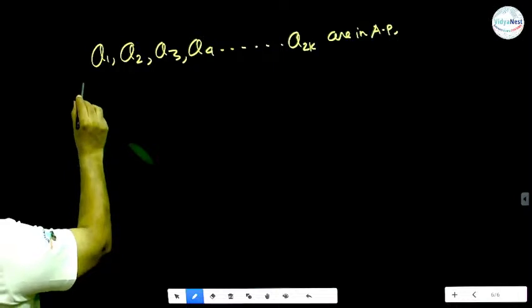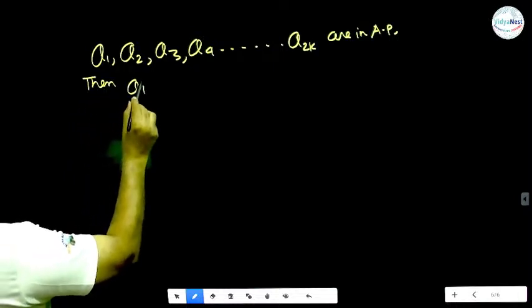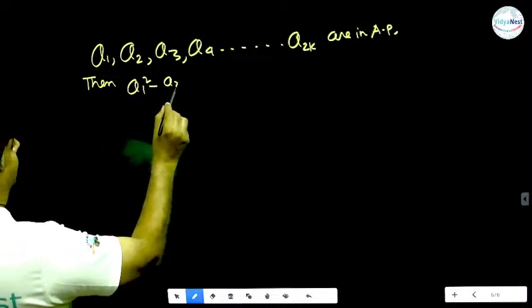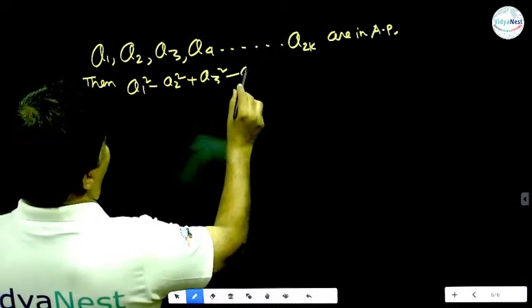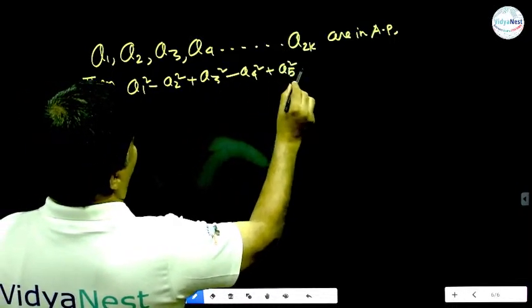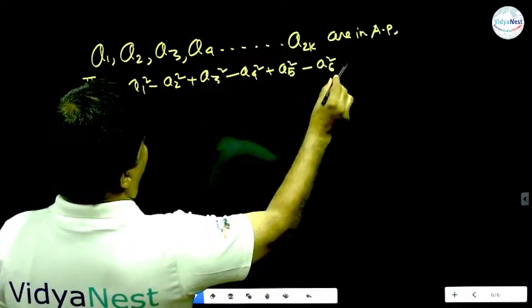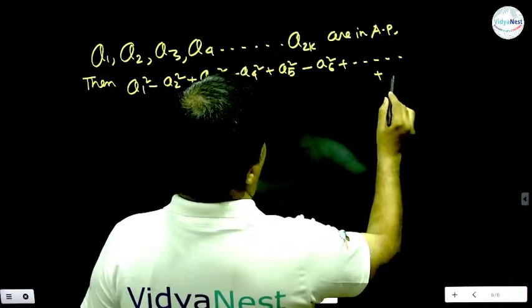Then a1 square minus a2 square, a3 square minus a4 square, a5 square minus a6 square up to